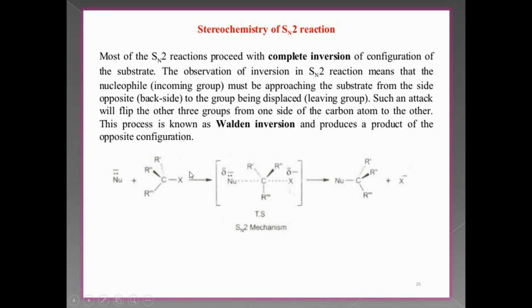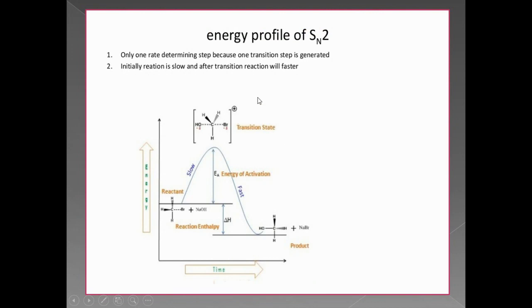By the movement of the geometry of this molecule, this type of product will be formed, and this is complete inversion, and that's why the nucleophile is bound to the carbon in a completely inverted molecule. This inversion is called Walden inversion, and it is the backside attack or opposite side attack. So the inverted product is formed, and there is 100% inversion. There is no retention of the product, and that's why the product is formed with 100% majority. So this is the SN2 reaction stereochemistry, and next the energy profile diagram.